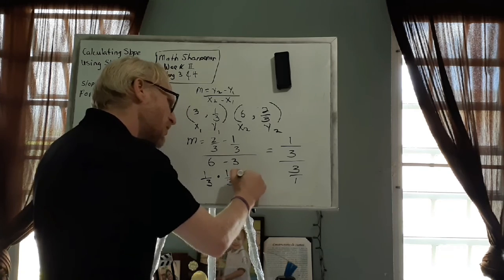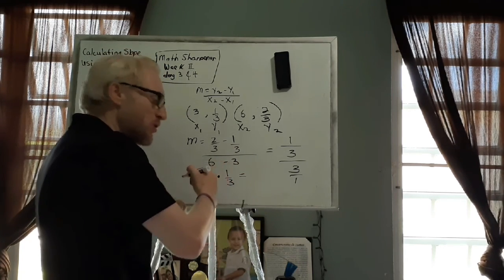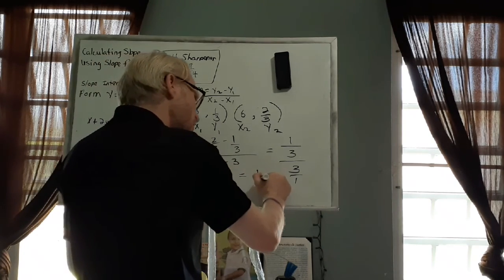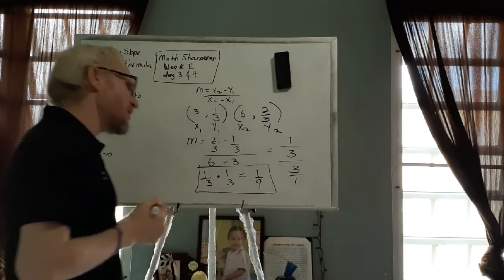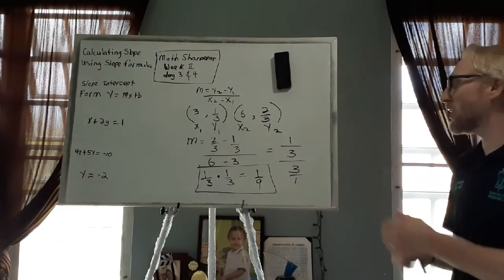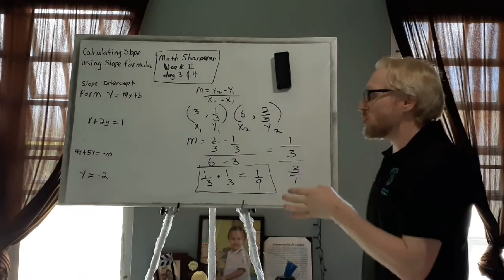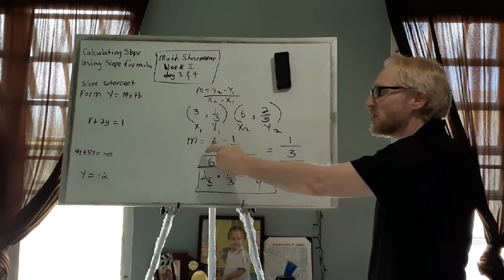And what you are going to do then is simply multiply your numerator times your numerator, your denominator times your denominator, and your answer is 1/9. Okay, guys, and there you go. Now, I know that seems kind of complex, but it's really simple. All I did, I plugged my fractions into the formula, y sub 2, y sub 1,